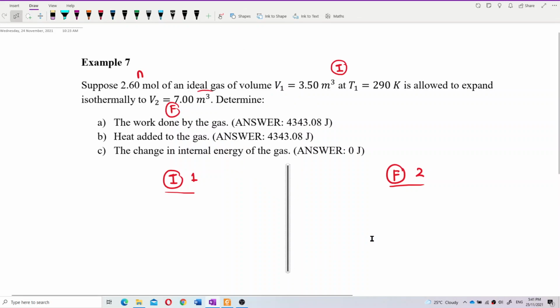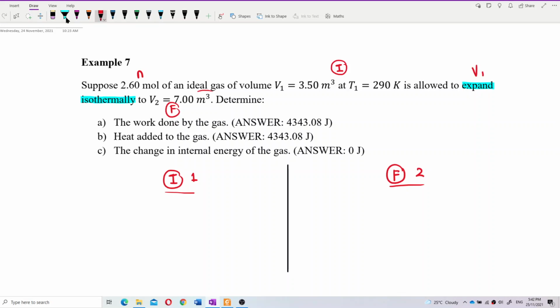Later we can put the information below here. In the initial condition, volume, temperature, pressure, and internal energy, and also the final condition, the second condition, the volume, temperature, pressure, and the internal energy, and so on. So what kind of process is this? This is important. We say expand isothermally. So from here we know